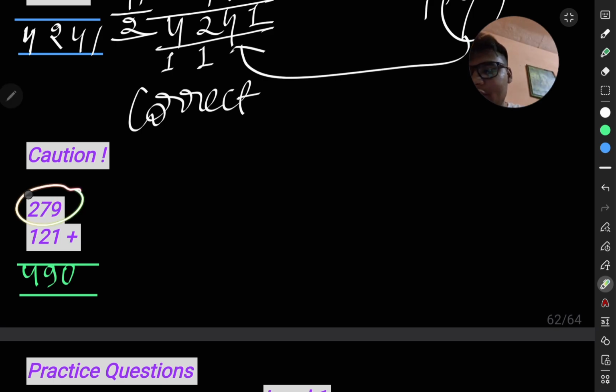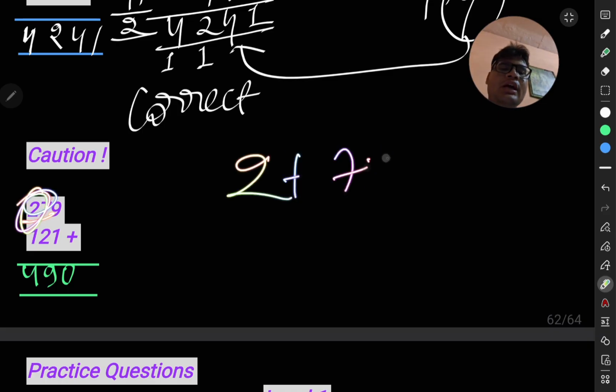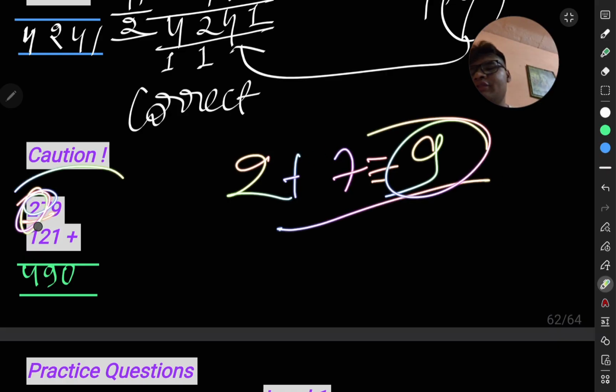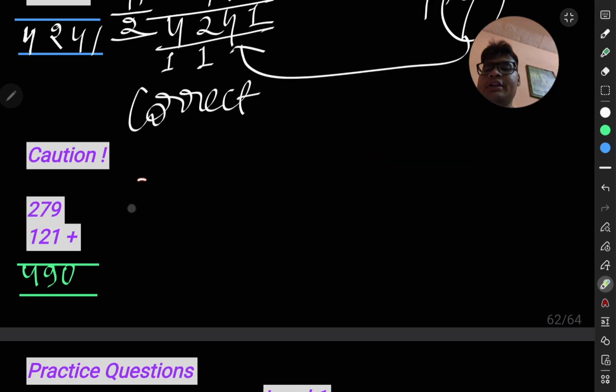So now here is 9. We have to cast out this 9, so we find the digit sum of this first number. So 9 will be cast out. Here are the other two numbers, 2 and 7. The 2 plus 7 will also be 9, so we cast out these numbers. Then there is no number left, so this sum is 0. Now we have to move on to the next number.